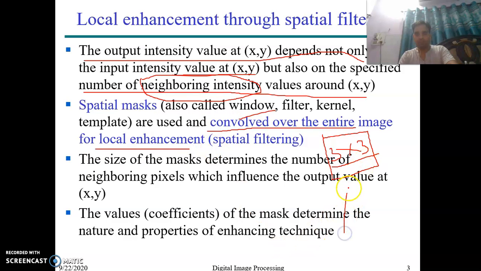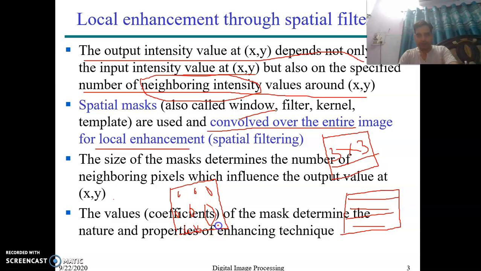Basically, the process of moving the mask from left to right and up to down in this way is called convolution. And the size of the mask determines the number of neighborhood pixels which influence the output value at x,y. Means whatever be the size of the mask, that will affect the neighborhood. Suppose we have a 3 cross 3 mask, then it will consider three right neighbors, three down neighbors. Actually, if we see it this way, we have 9 pixels, a 3 cross 3 pixel mask, then actually what we are doing,